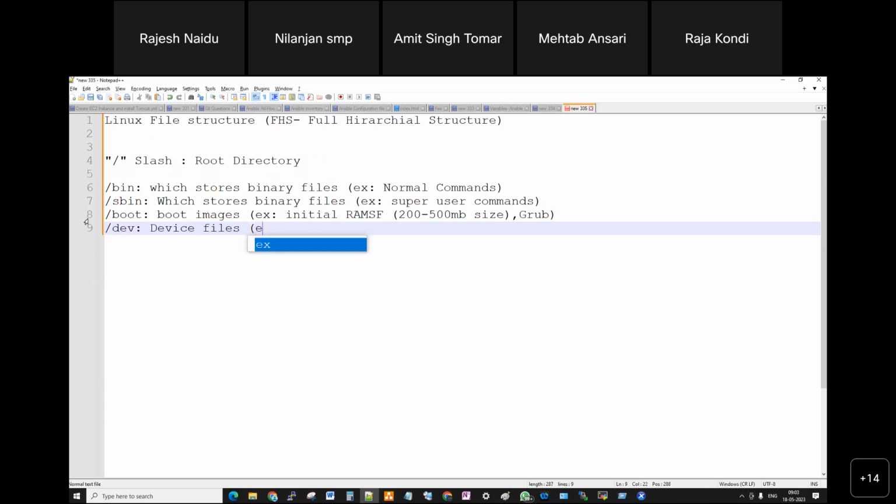Any example? DVD, USB, CD, floppy is there, but nowadays we are not using it, etc. So the DVD information, USB information, and CD information will be stored in the device files.